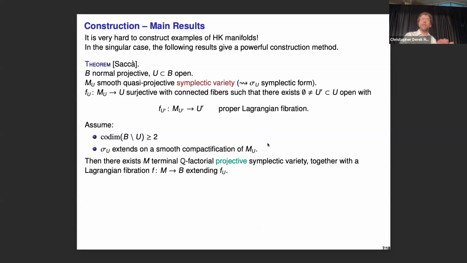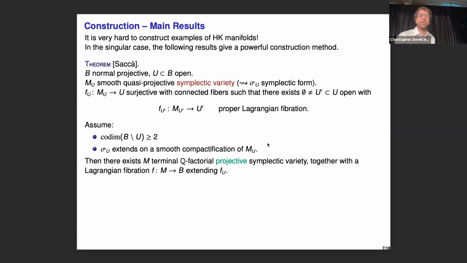And so, as I said, it's very hard to construct examples, right? So, sorry, this is slightly technical from before, but actually the theorem is not so technical. It's just technical to write, but not to explain actually. So how does it go? Let me first read the theorem and then I explain it. So let me assume that I have some base B, which is fairly general. The only thing we need is that it's normal. Okay. And let me take an open subset inside the base, and let's assume that I have a manifold.